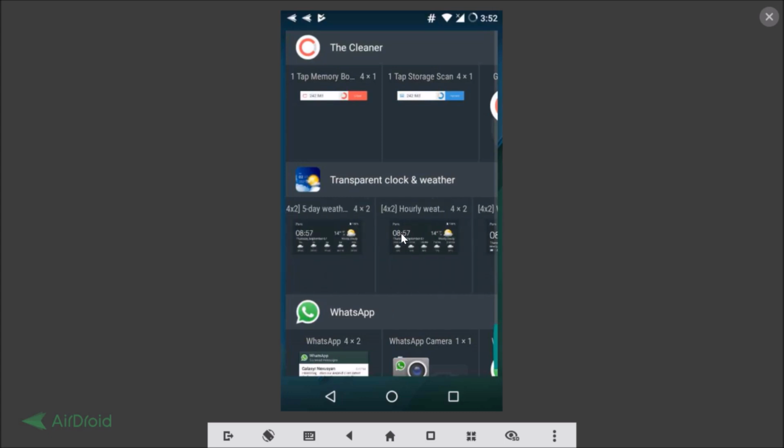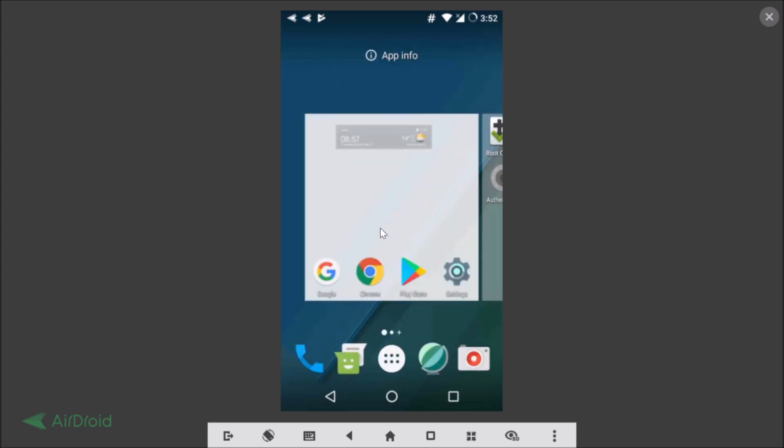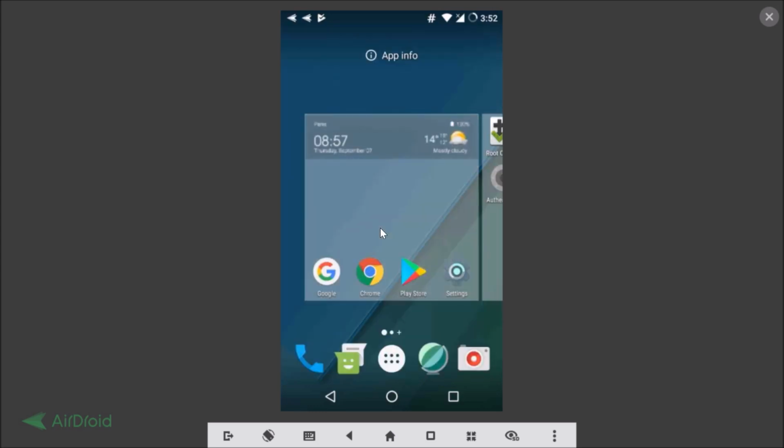Okay, so suppose if I want this clock and weather widget, okay, to my home screen, so I just need to tap and hold it and drag it to my home screen and just put it over here. Okay,